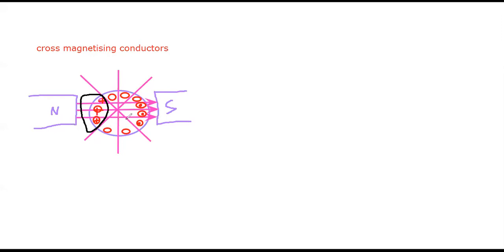Because this space deals with the demagnetization effect, and this space deals with the cross magnetization effect. So we have to keep that clear. And this is the direction of the cross magnetization flux under the influence of the south pole, and this is the direction of the flux under the influence of the north pole. As a result, we know that the flux is coming in the downward direction, right?